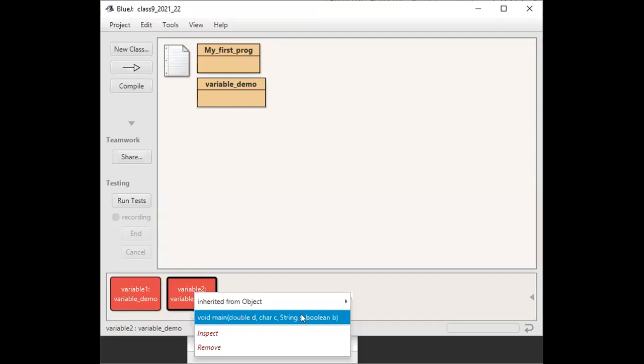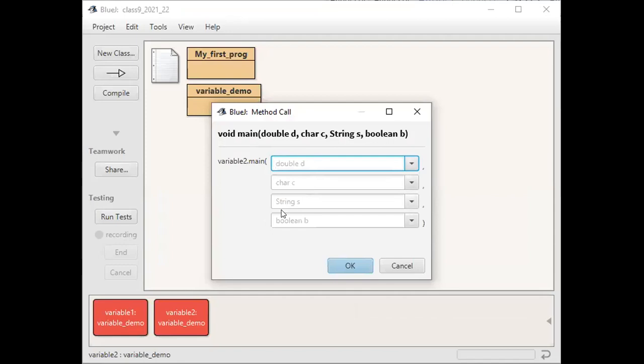Here void main is appearing over here. If you click over here, now you can see you'll get this